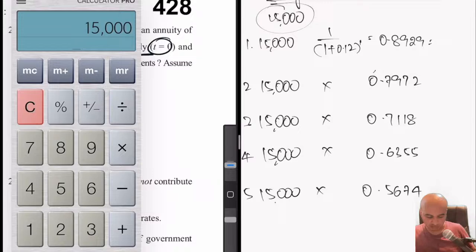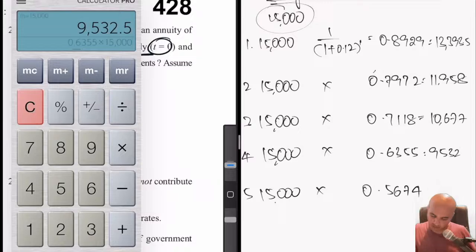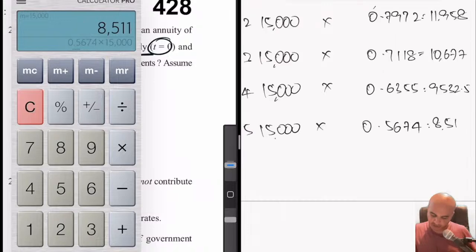0.7972 into recall memory is 11,958. 0.7118 into memory recall 10,677. 0.6355 into memory recall 9,532.5. Then lastly 0.5674 into memory recall 8,511. Now in your calc, if you have G